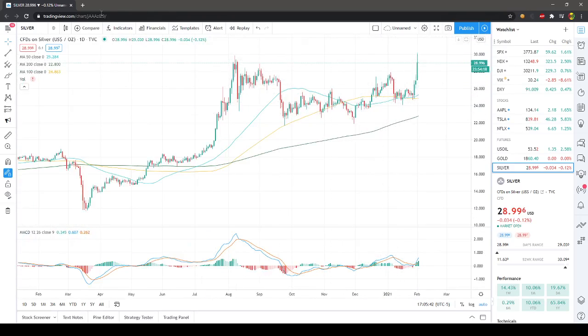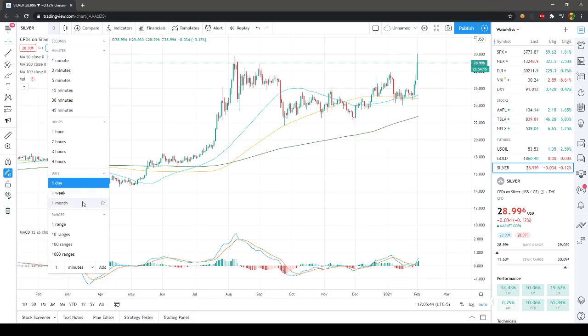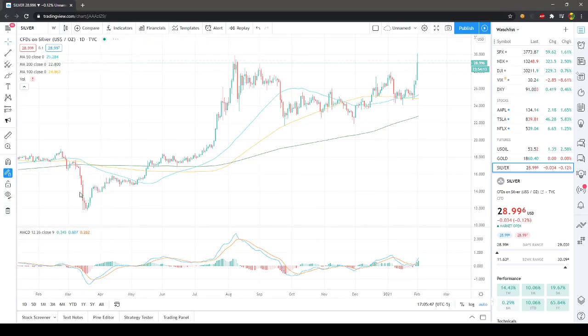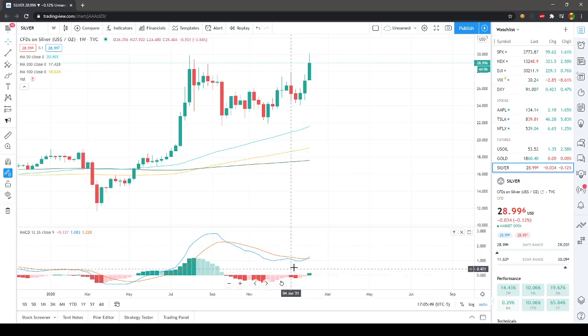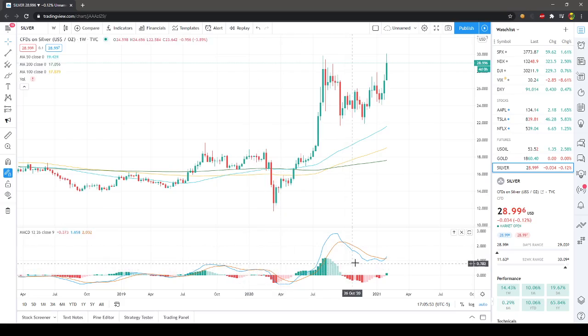I'm not saying to get in, I'm not a financial advisor. Make your own decisions, but this is what I like to use. See, MACD just turned green on the weekly. What happened last time when it turned green on the weekly? And the fact that it turned green so far up